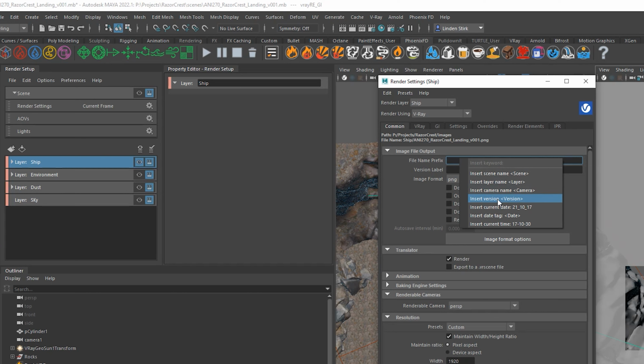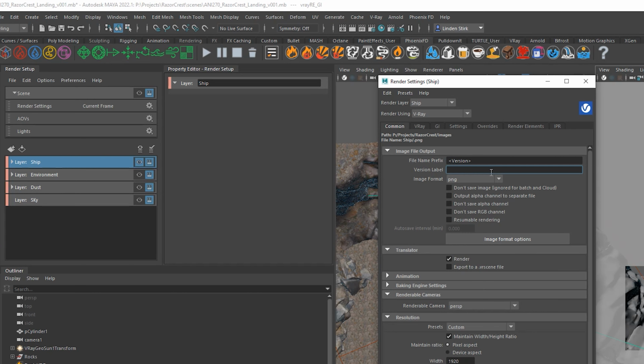So we're going to right click on this, and then we're going to start off with version. But we don't actually have a version label, and we do need that. So for the version label, that should be whatever your scene version is. So we're using version 1. We can say version 1. Now you could decide just to do this based on the scene if you wanted to. So if you wanted to take your entire file name, you could do that, but that's a little bit long. So instead, we'll just do version label.